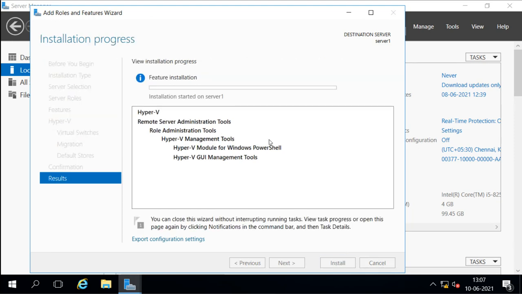Now it is going to install, and if required it will reboot automatically also. It will reboot because we are installing the Hyper-V role. So this is how we can manage roles, or install roles or features, in Windows Server 2016. Now why are we installing Hyper-V? Because we want to install the Nano server in this Hyper-V as a virtual machine. So I am installing Hyper-V, and in it I am going to create a virtual machine, and in that virtual machine I am going to install the Nano server.